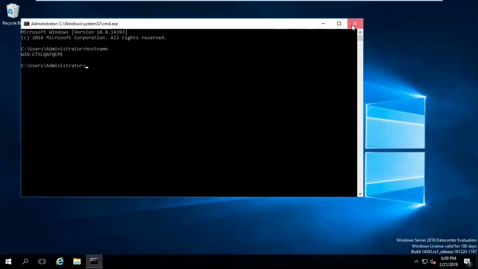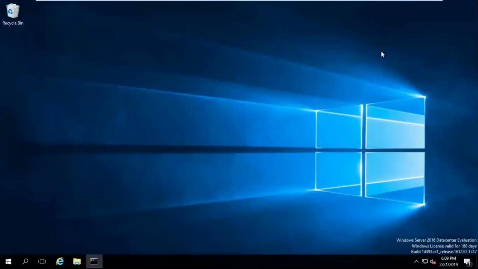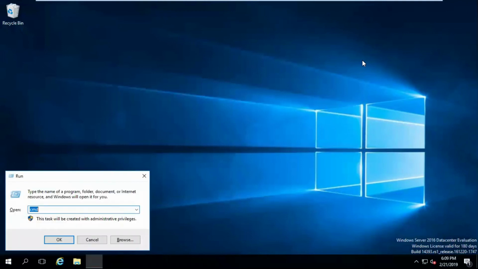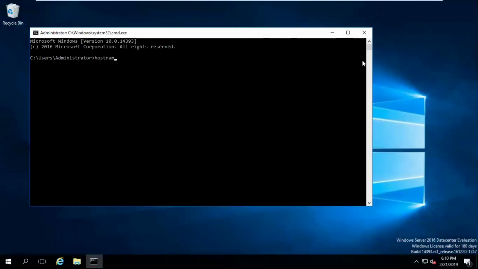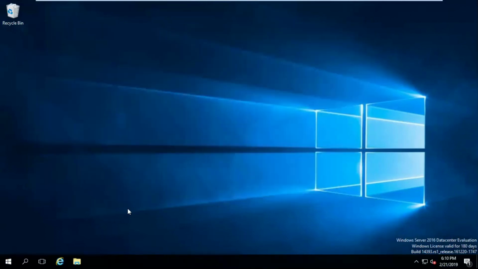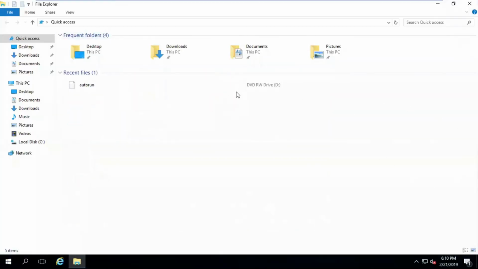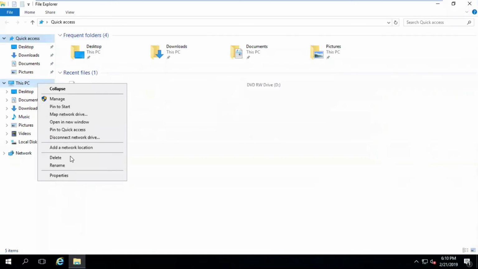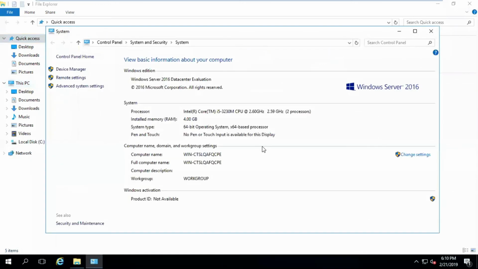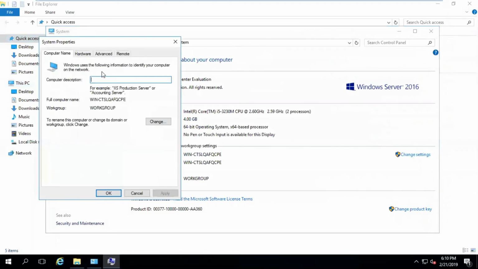Okay, sir. Now my client is asking for a rename. This computer host name is not good, it's ugly. I want to rename my computer. How can I do that? You can go to the same place, properties, change settings.